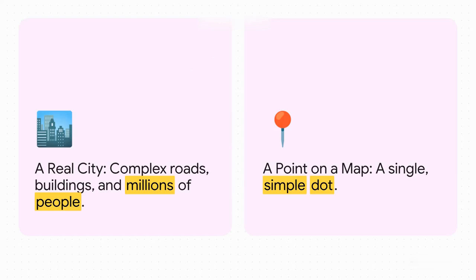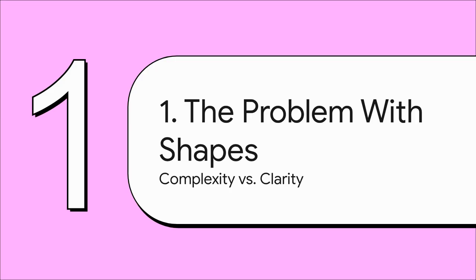Just think about a map for a second. A city, let's say New York, is this incredibly complex place, right? You've got millions of people, endless streets, towering buildings. It's a lot. But on a world map, it's just a dot. To understand where it is relative to, say, London or Tokyo, we simplify. We have to. We trade all that overwhelming complexity for some essential clarity. And that exact same idea, trading complexity for clarity, is precisely what we need when we jump into the world